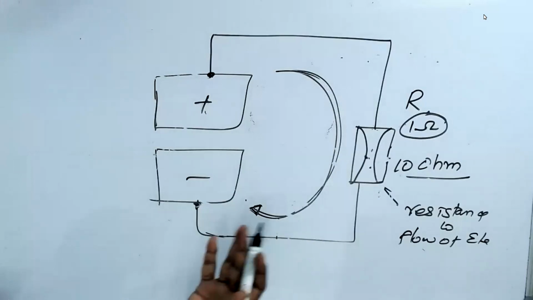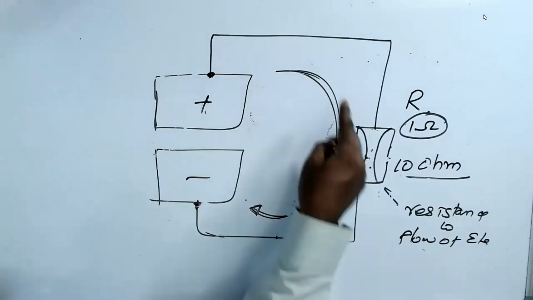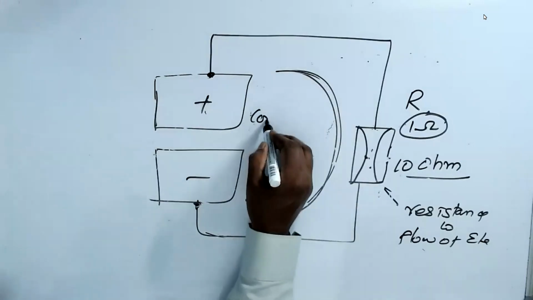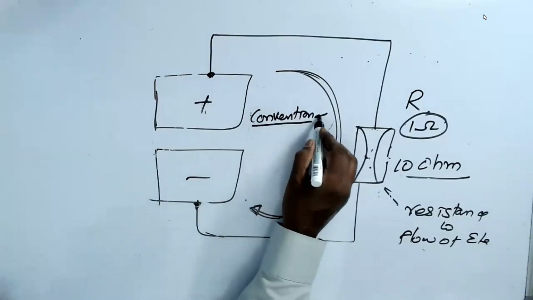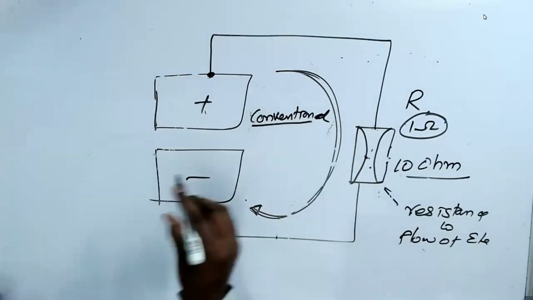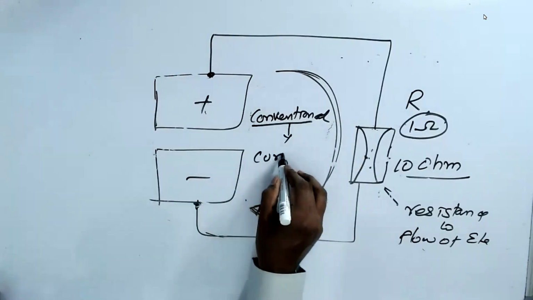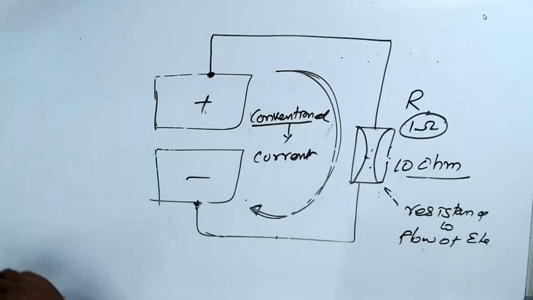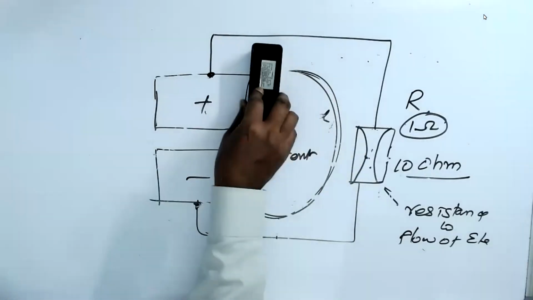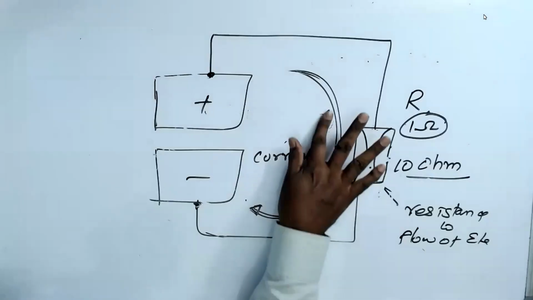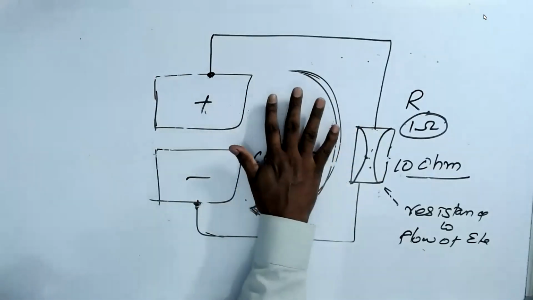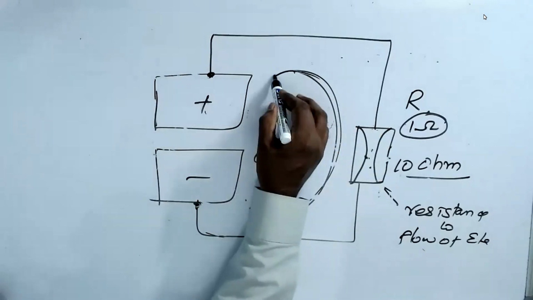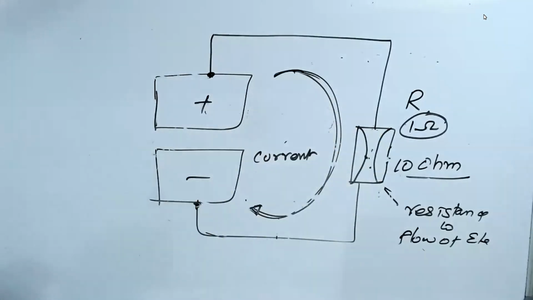Actually, it's not happening. The actual electron is flowing only this way. This is called conventional current. See, the name itself says convention. I follow the convention, you also follow. Conventional current, which slowly changed into just current, because everything was controlled by the religious people in those days. So please understand this. We will always follow it like this. I wanted to give you this information because sometimes we get confused about how the electrons move.